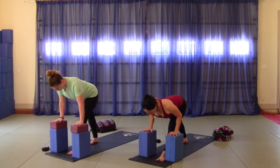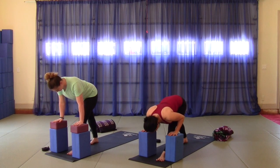2, 3, 4, 5. Some of us will stay right here and some of us will cascade over, allowing some rounding to happen. Breathe. 1,